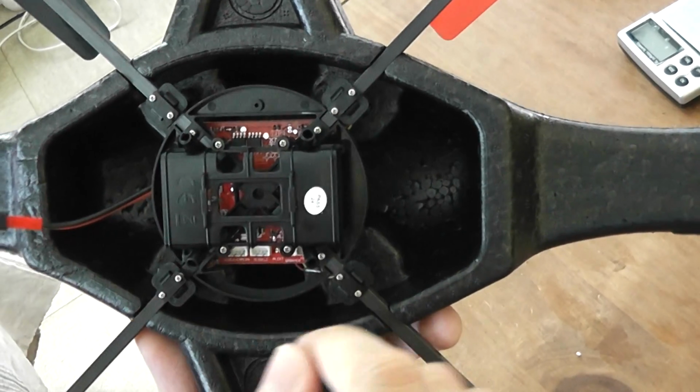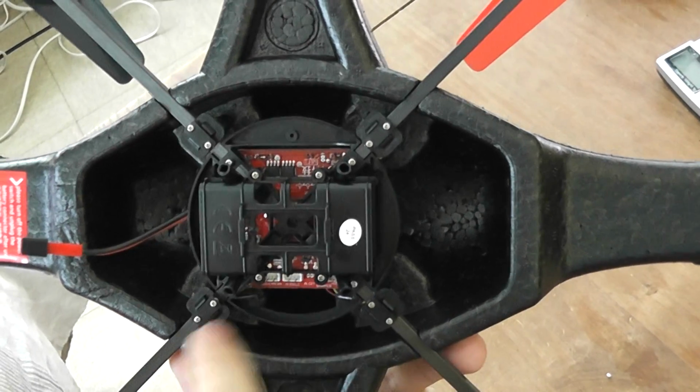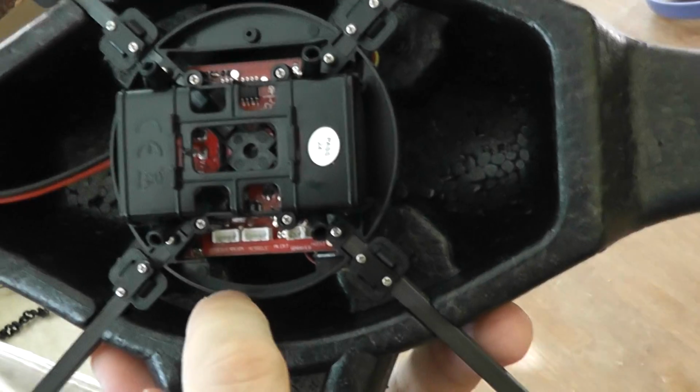So on this FC board you can find some wire connectors. Each of them is associated to one of the